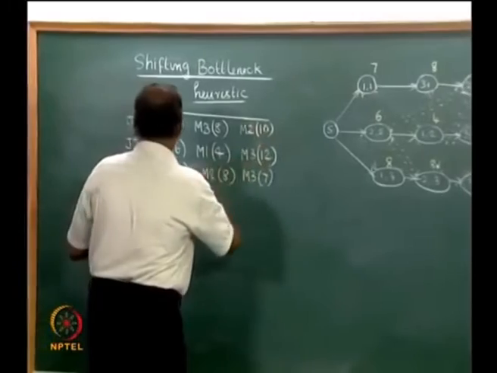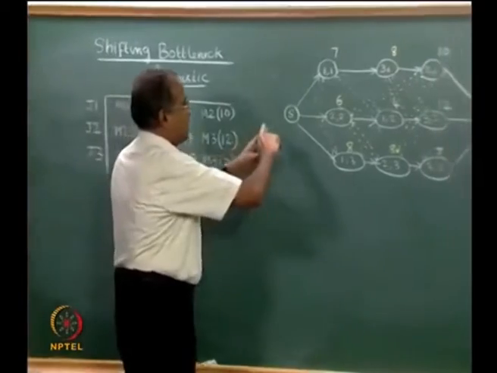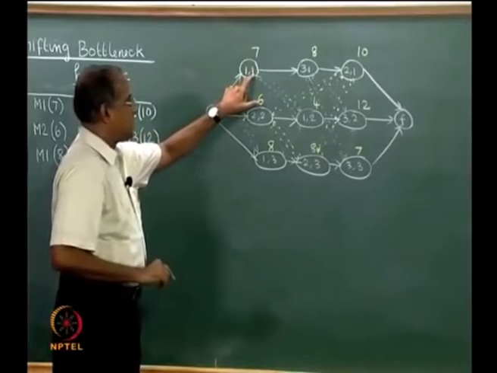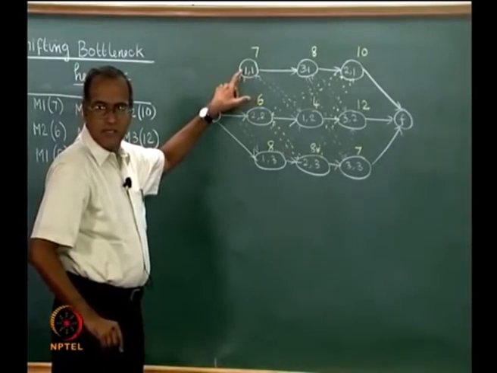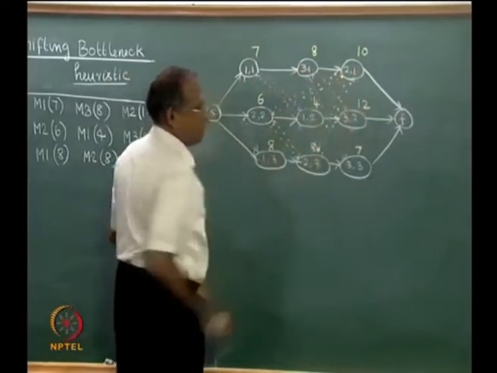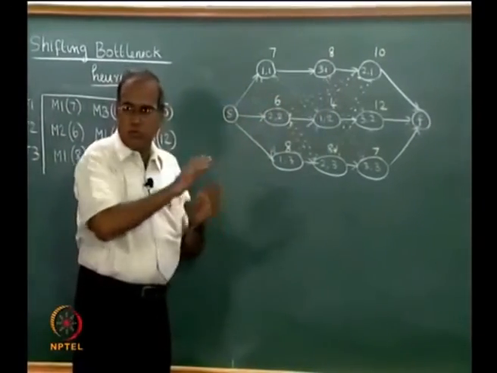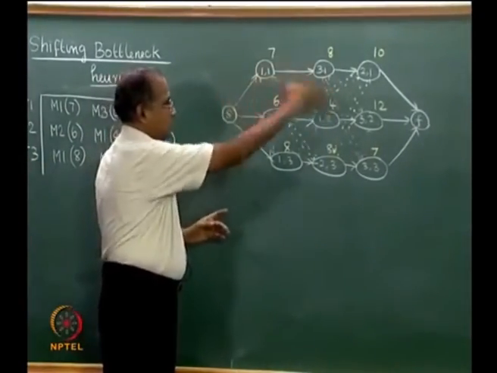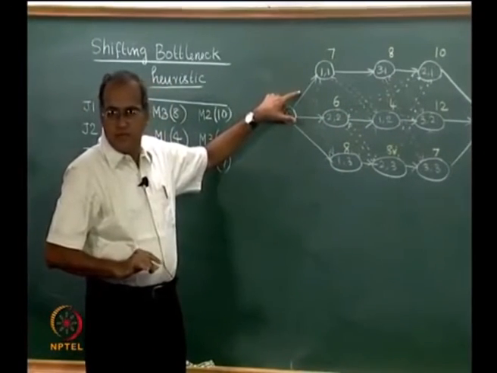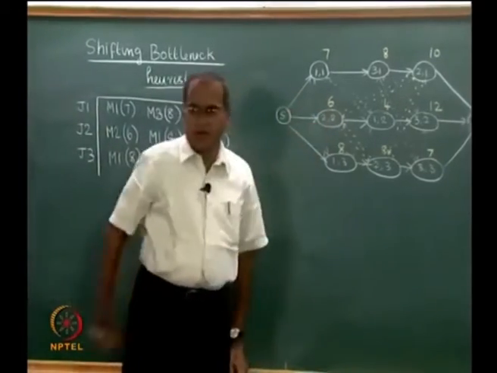Now, the definite orders for the jobs, for example, J1 will visit M1, M3, M2 is shown here as J1. Here Ij, J represents the job and I represents the machine. So, J1 first visits M1, then M3 and then M2 and finishes. So, this part has been shown through these fixed arrows in this network and through dark lines here. What are shown through dotted lines is the decision that we have to make.